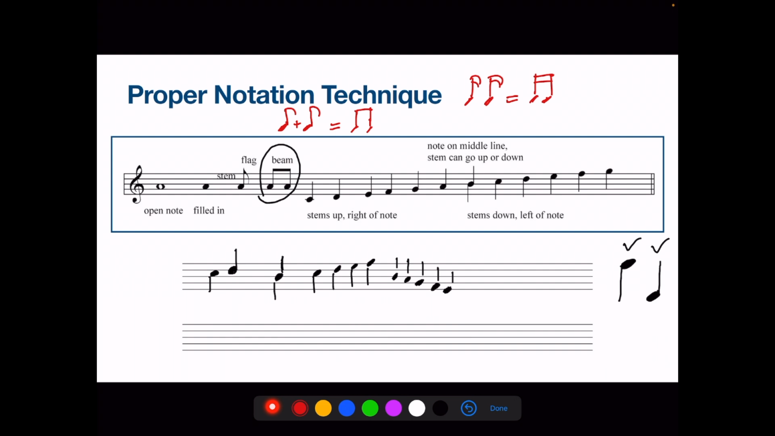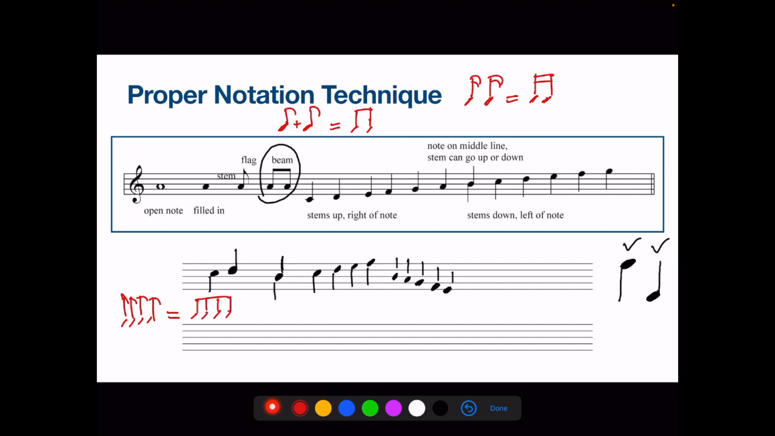And for beaming, you could actually have more than 2 notes. So basically, if you have 1, 2, 3, 4, there are 4 eighth notes, you could beam all of them actually. So it's not just limited to 2. Okay,